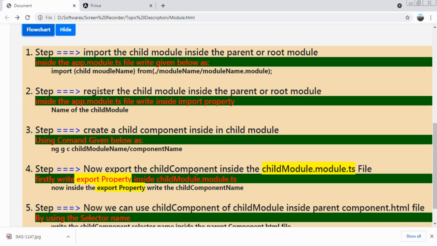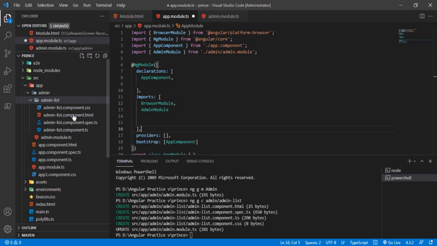Now export this child component inside the child module.ts file. For that, firstly we will write the exports property inside the child module.ts file, and inside the exports property we write the child component name. I will show you how it works. Inside the child module there is a file called admin.module.ts.